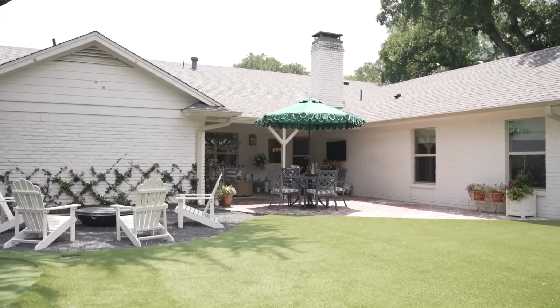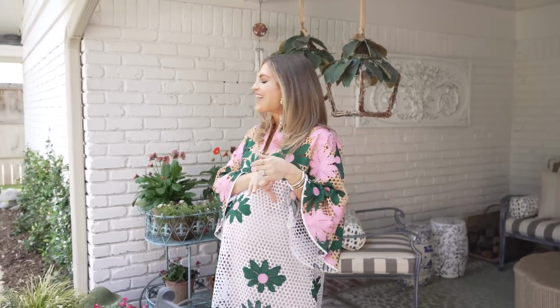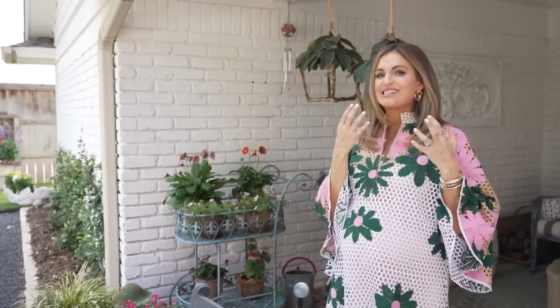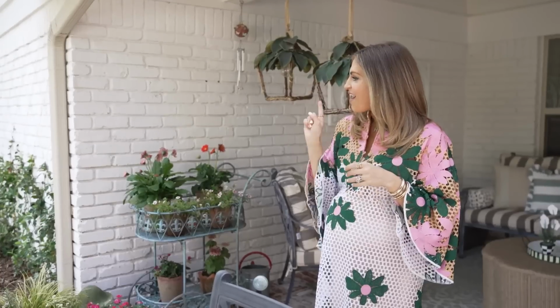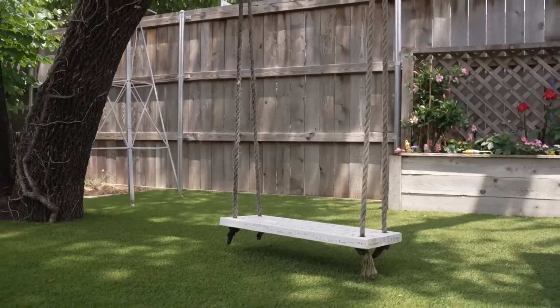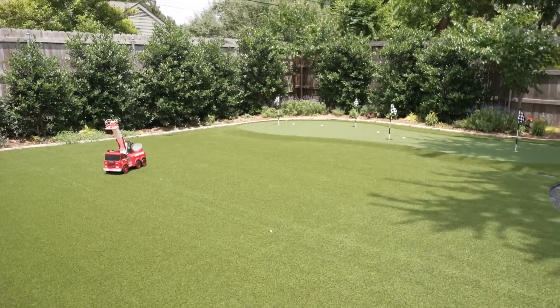And then if you go over here, it's my kids' garden area. So this garden over here, my husband made for our daughter during 2020 when we were all home, and she just started that, and my son and her both love planting in it, and it is probably my favorite thing to find what my son has buried. This week we found a couple buried Spider-Man action figures. And then we have this swing that we made for my daughter's school, a windmill for my son's first birthday party. It's just their little area that they can do whatever they want in,